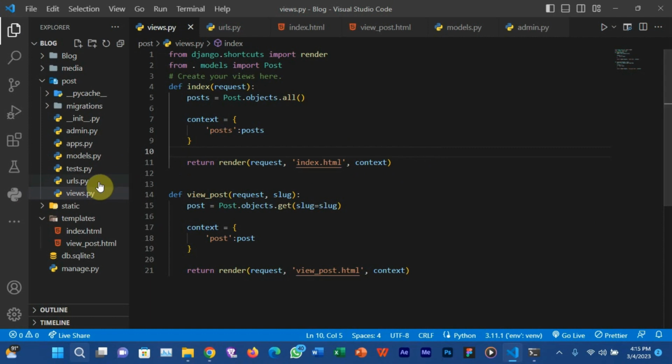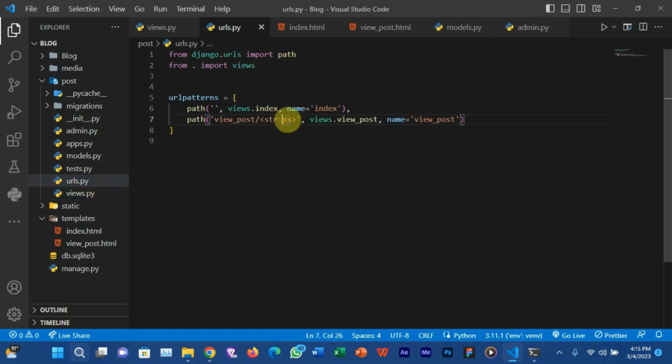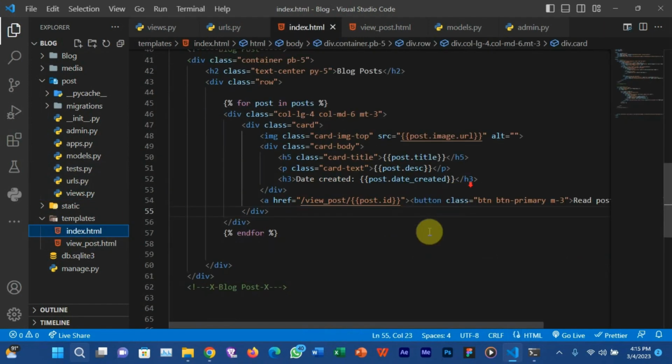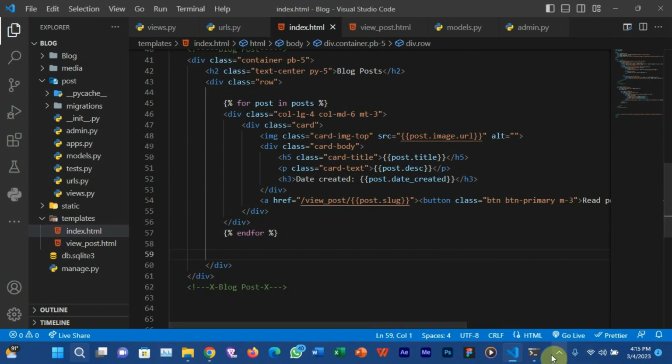So the next thing is to change our urls.py file here. You have to change this from string to slug and then slug. Okay. So we are getting slug is equal to slug. Now in our index here, instead of passing in ID, we will rather pass in the slug field.